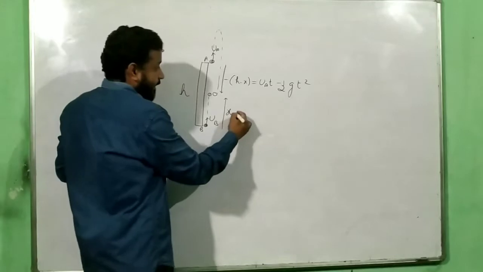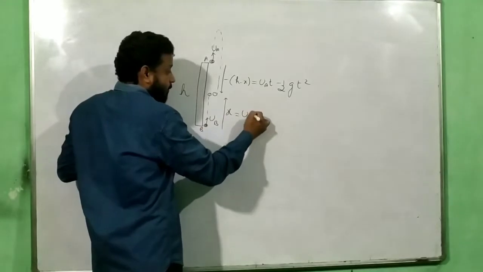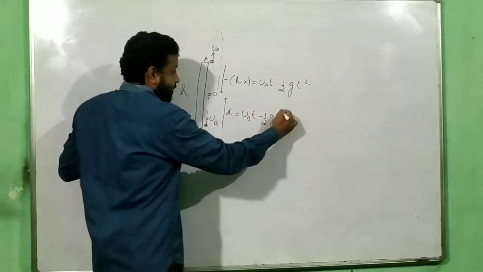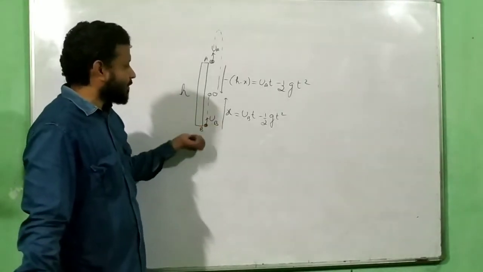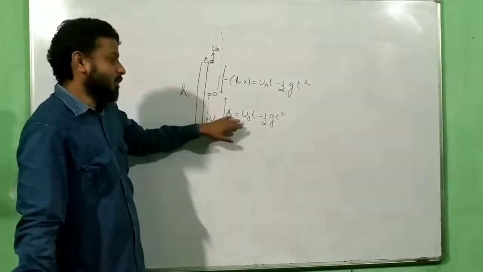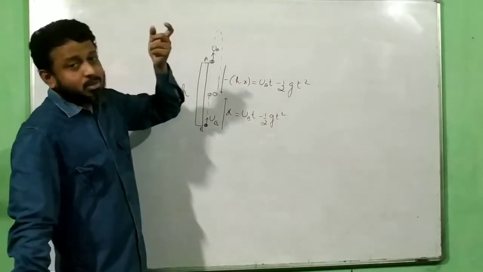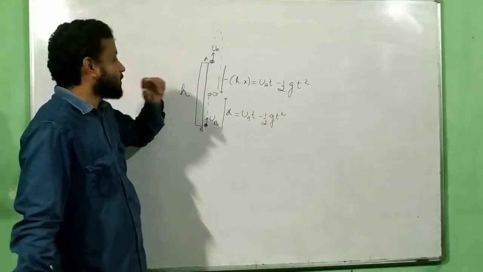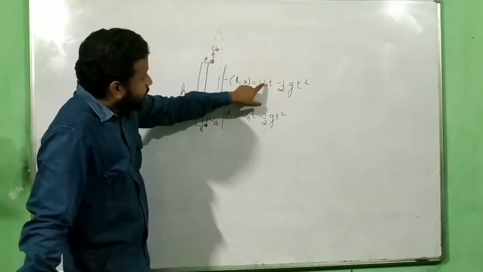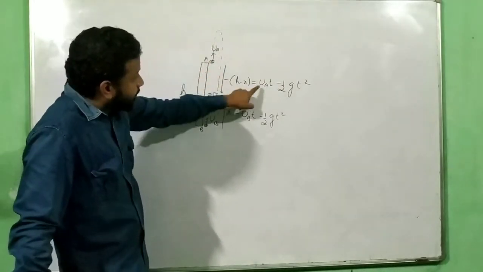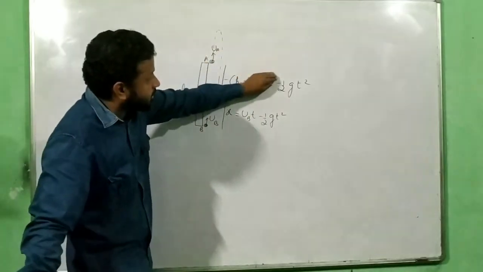And what about your x? X is for ub. So ub has to be thrown up. Ubt minus half times g into t square. Now here one thing you have to remember, that ub, the second body, will always be thrown up. The second body which is thrown from the ground will always look like this. For the first one, the questions may vary from question to question. Now here I am saying that it is thrown up, so UA is positive. If I say thrown down, this will become negative, minus UA. If I say the body is dropped, that means this term becomes 0.